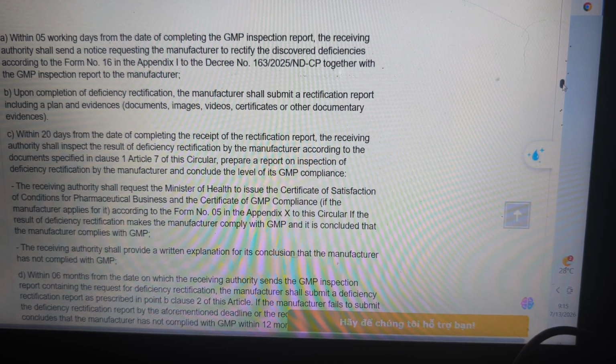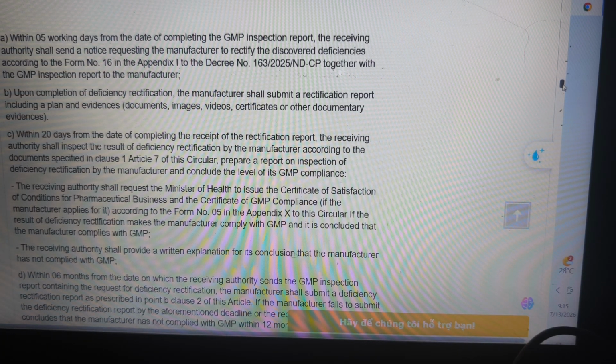Upon completion of the deficiencies rectification, the manufacturers shall submit a rectification report including a plan and evidence, documents, images, videos, certificates or other documentary evidence. Within 20 days from the date of receipt of the rectification report, the receiving authority shall